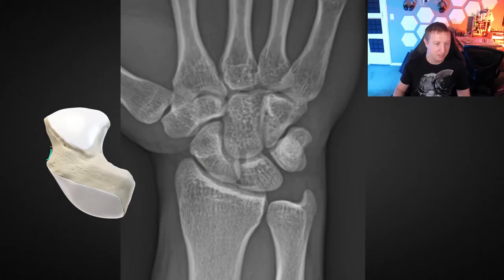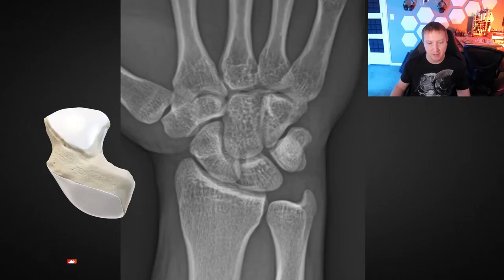And then there's this bare area here, which in this person, because it's projectionally foreshortened, looks a bit smaller, which is a little bit more irregular in appearance. And then we have our distal pole with our articulation for our trapezium here, and then a little facet for our trapezoid as well. And then we come down here to our lunate, and our lunate is cup-shaped because it